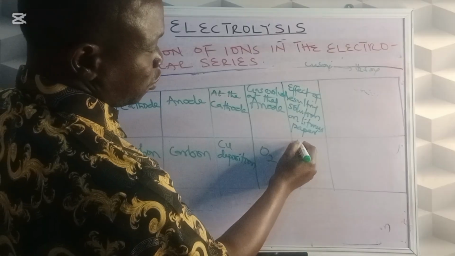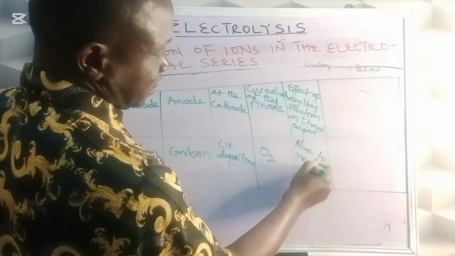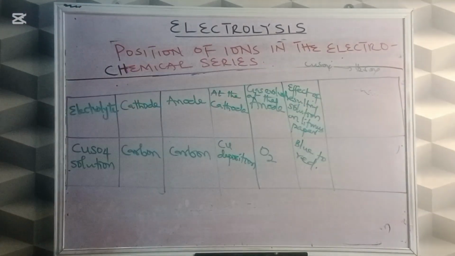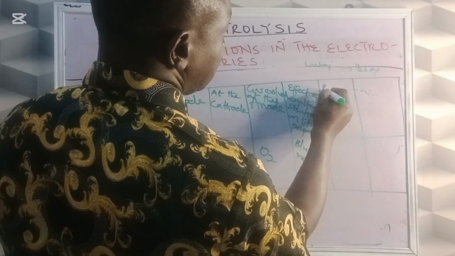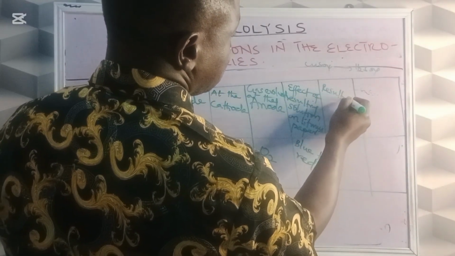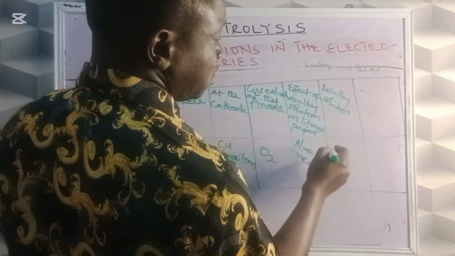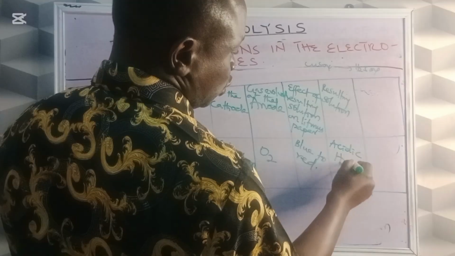So it turns from blue to red, because it is acidic. So the resulting solution is acidic. It contains